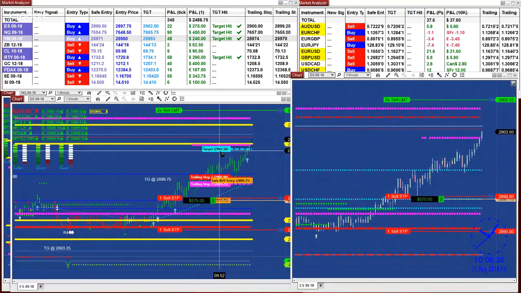So if you don't want to mess with it, you don't need to mess with it. You can just put in entry and exit. At the moment, if we look at this market analyzer, based on one contract, we have 23 ticks on the ES. We have 90 ticks on the